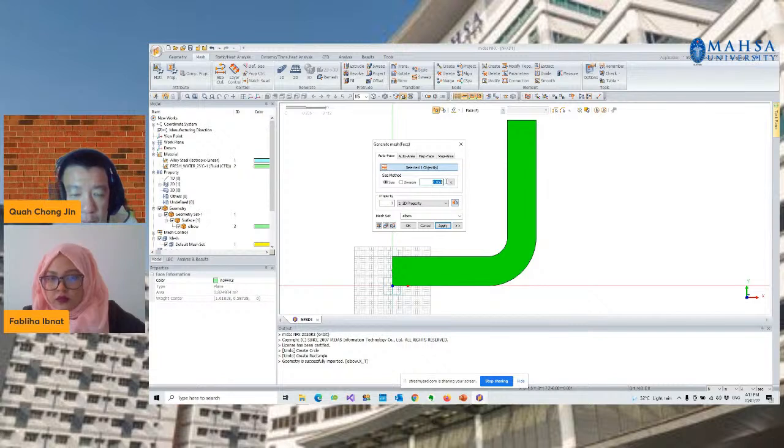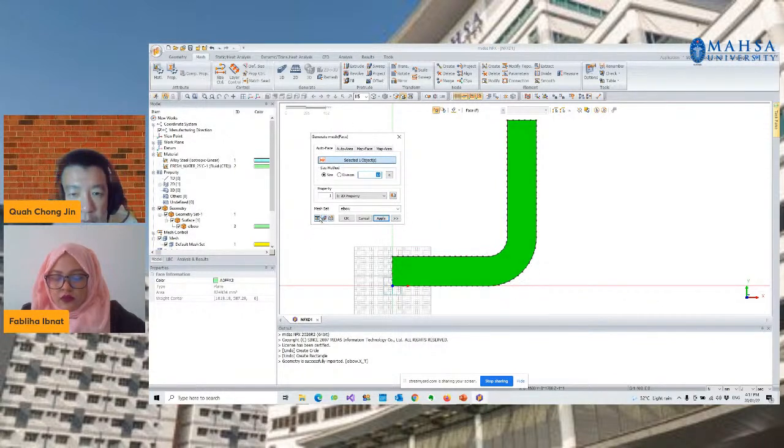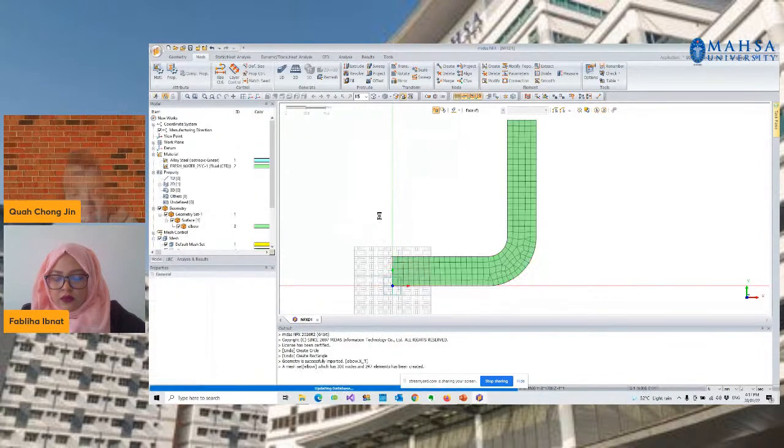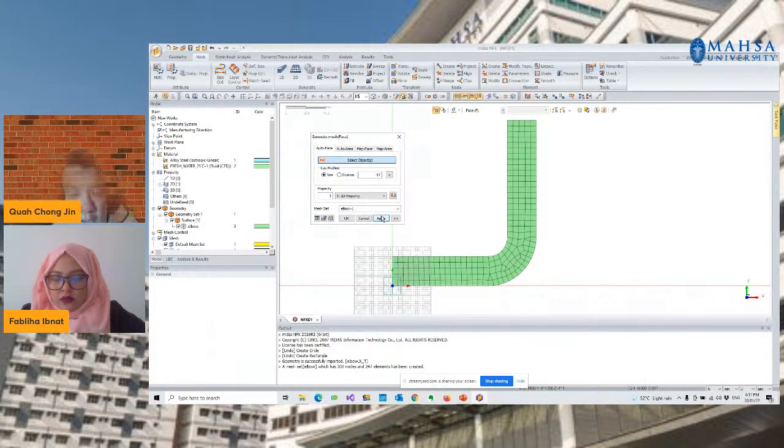This is the size of the mesh that you're going to create, in the unit of meter over here. Let's say I would like to set the size of the mesh or the element in the unit of mm, so I'll be having 57, for example. All right, so let's preview the nodes and apply.